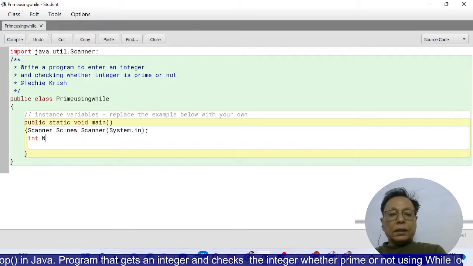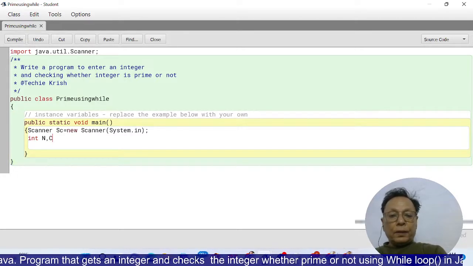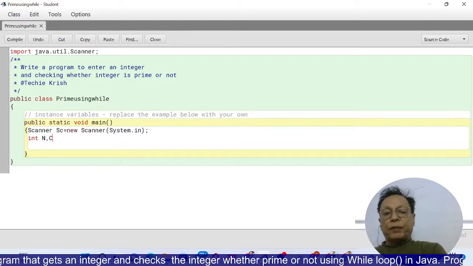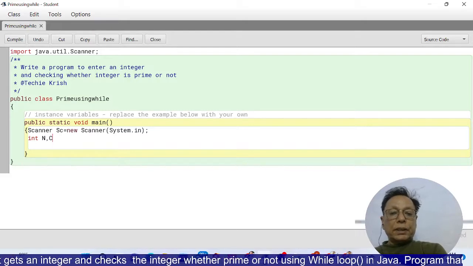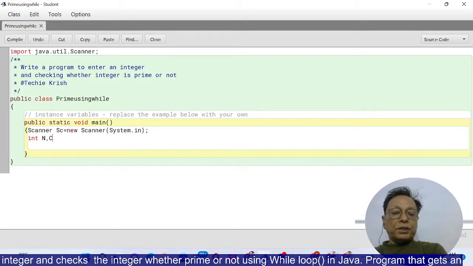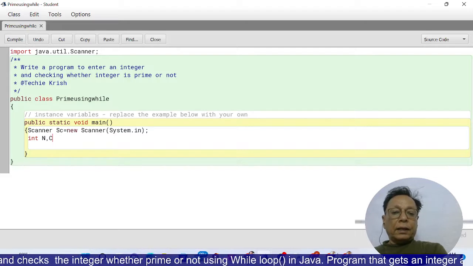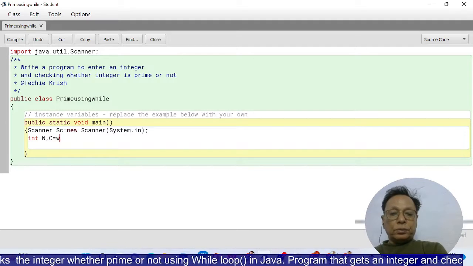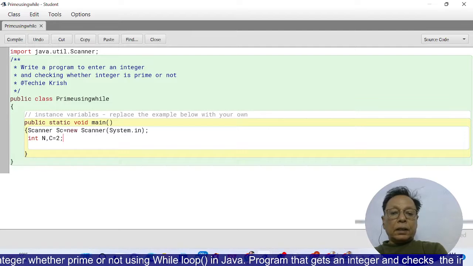n, and I'm going to take one counter also, because as we know the prime number is a number which is divisible by 1 and itself. So I'll exclude these two integers, n and 1. I'll start checking the integer from 2 onwards until n minus 1. So I'm initializing c to 2, semicolon,